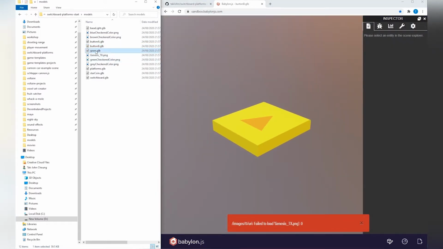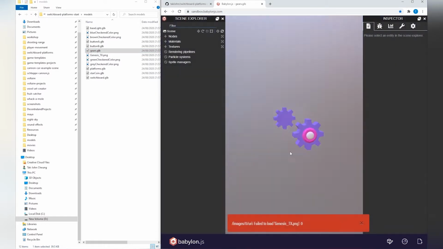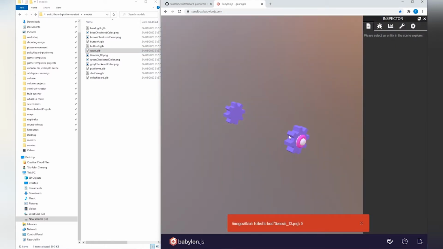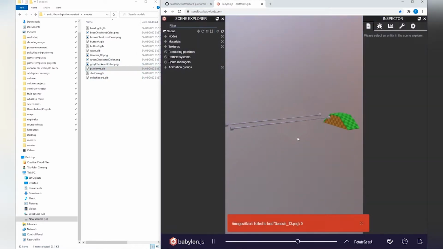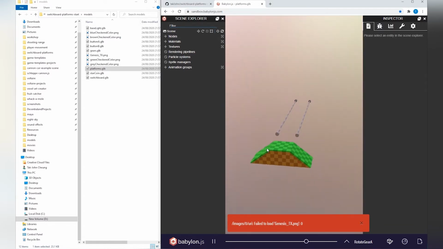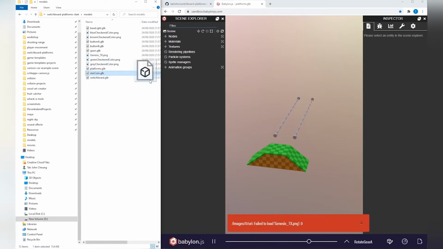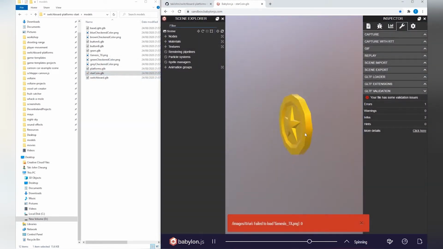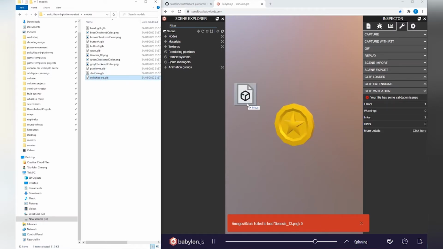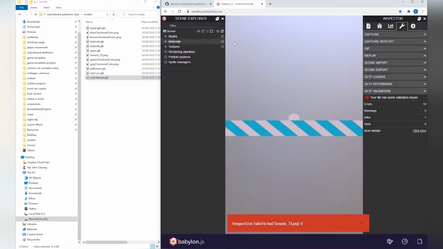another. Gears that go on the side of the switchboard, and these start rotating as the platform moves. Next we have the platform, which is a static object, so these are the rails, and we've got a ramp here, the coin at the end of the rail for the player to collect, and finally we've got the switchboard, which